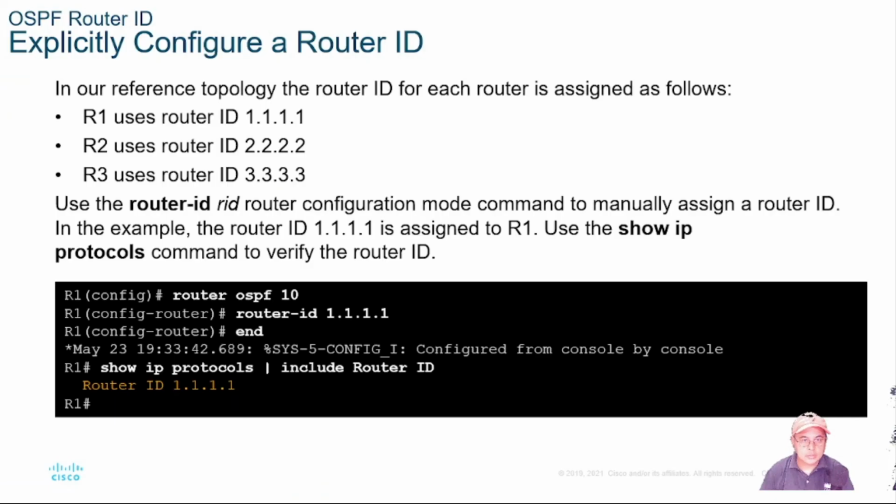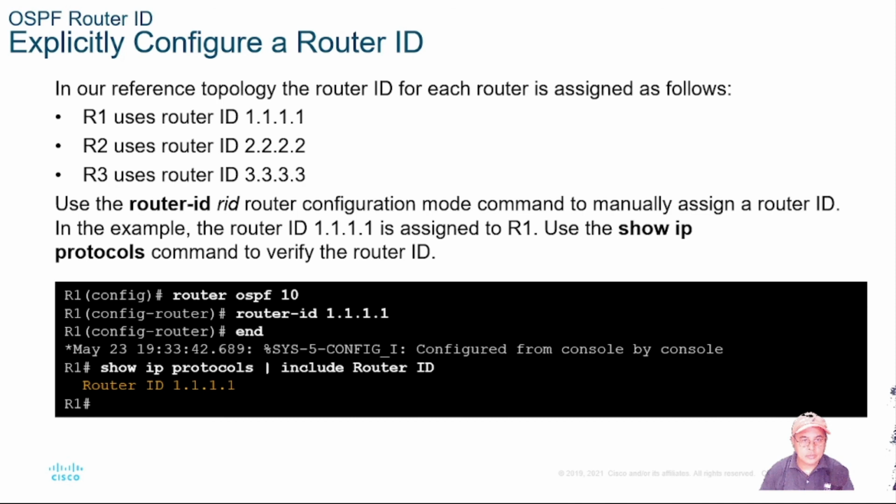We already ran show ip protocols. It's already configured there. Now, if you want to modify the router ID, after the router selects a router ID, an active OSPF process does not allow the router ID to be changed until the router is reloaded. So if you want to change the router ID which is already configured, you can only change it using